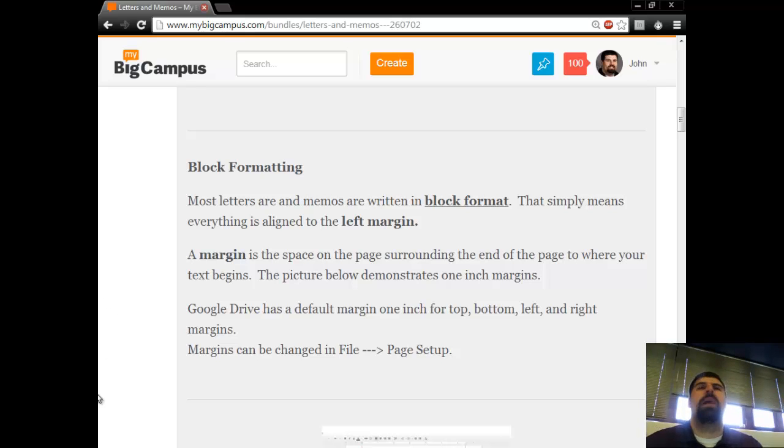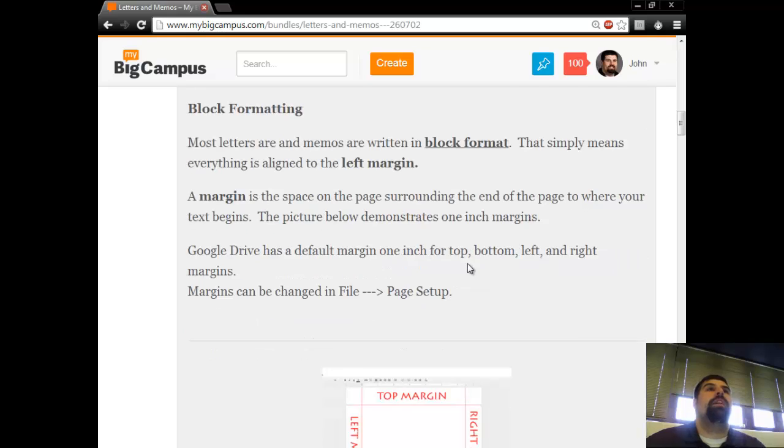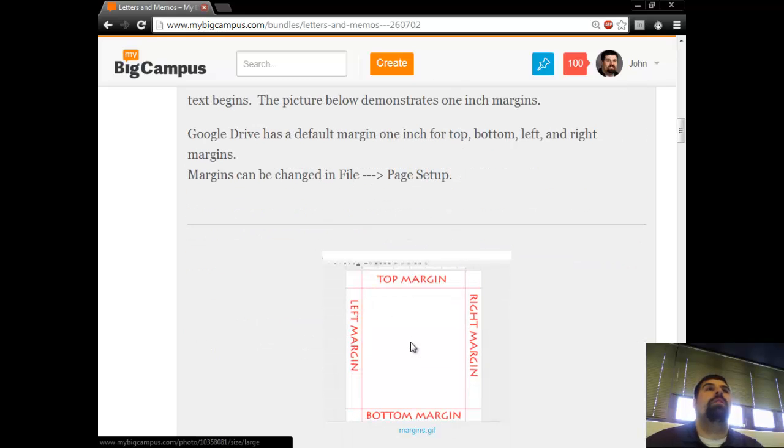Now, what is a block format? Well, a block is square, right? Has straight lines. Well, on block formatting, everything is going to be aligned on the left margin. And you're going to see, okay, lined up on the left margin. Well, what are margins? Margin is the space on the page surrounding the area of the page where your text begins. So, for example, right here,